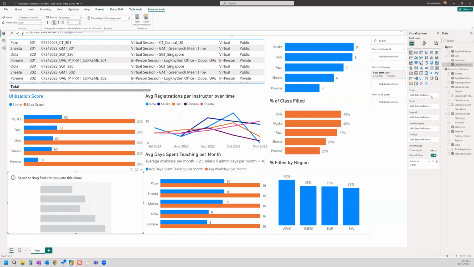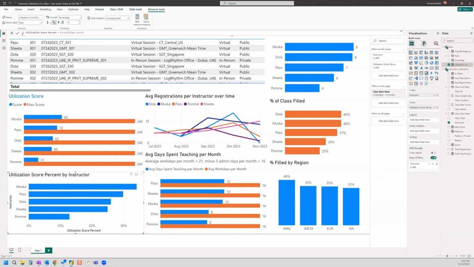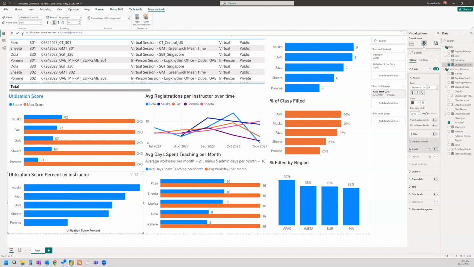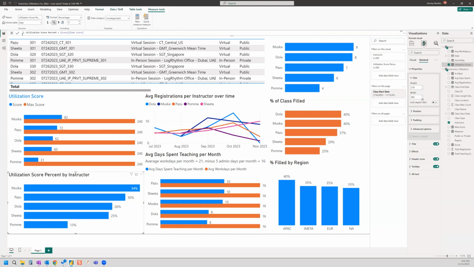And then our y-axis is going to be instructor. And then our x-axis is here. We're also going to change this. So let's turn this title off. And then we'll turn this off and the title off. And then let's add data labels again to make it easy to see. And then let's change the title of the visualization. Title is going to be simply utilization